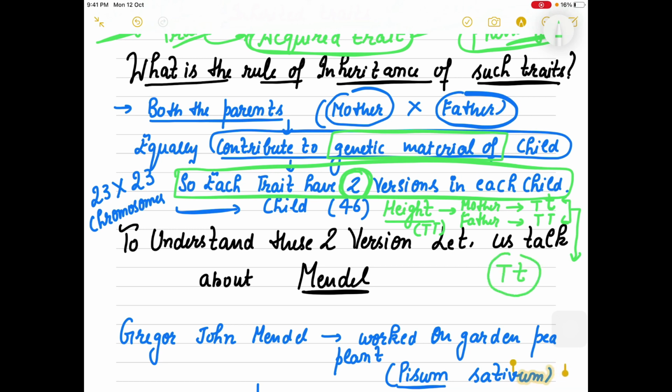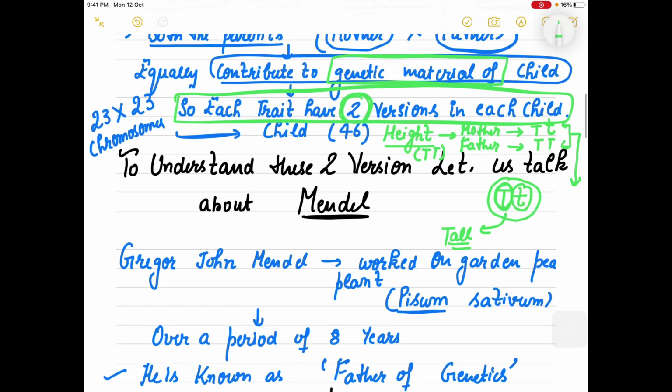Suppose now there is a chance that small t comes from the mother and capital T comes from the father. So the height of you will definitely be tall. How this capital T comes, we will take in a few minutes. So just leave it aside. I will take it in a few minutes with you, how this capital T and small t travel. But my purpose is to tell you that every gene, every trait, like height,